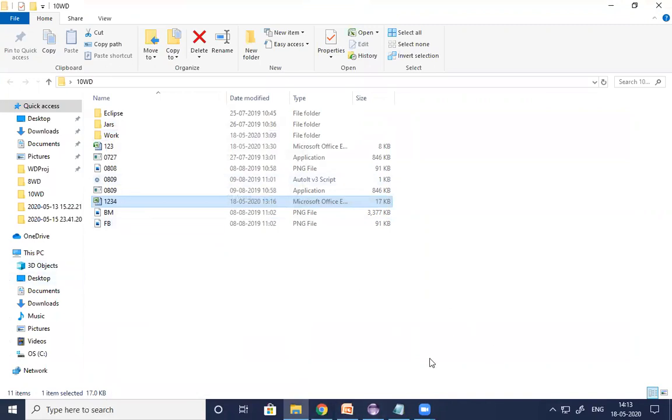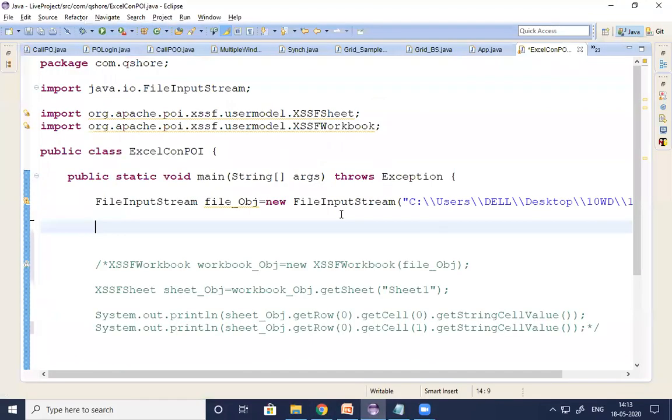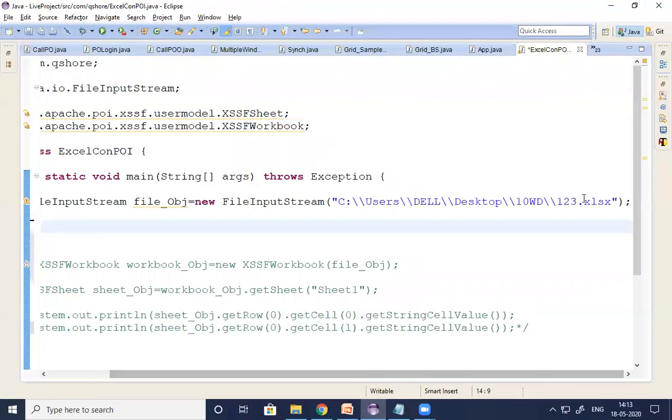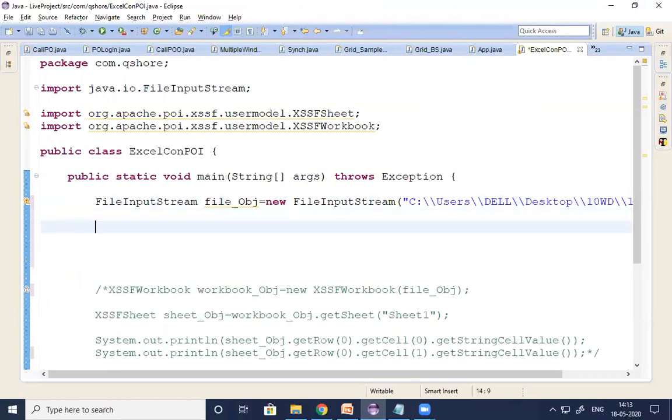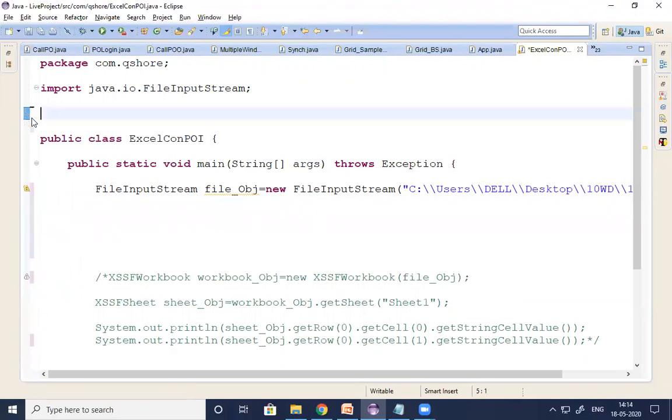Now how to read the data from the older format of Excel? Simple. First, as usual, identify the location of Excel. But here 1, 2, 3, 4.xls, not xlsx, xls. Understand, guys? Next one is what? We need to open the workbook. Whichever Excel file you identified, that we need to open. How to open that Excel file? By importing one class.